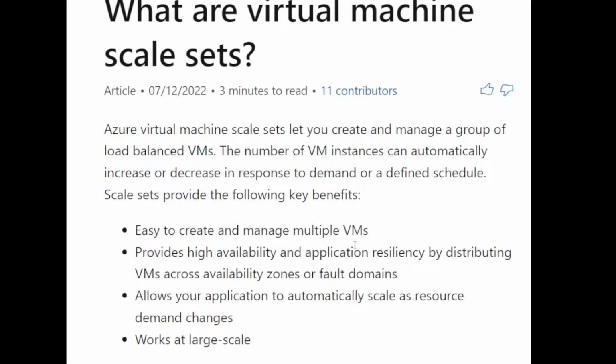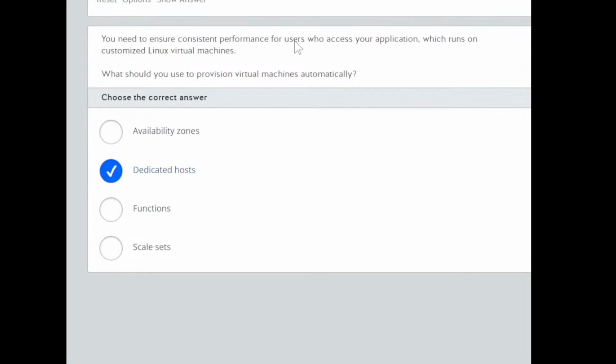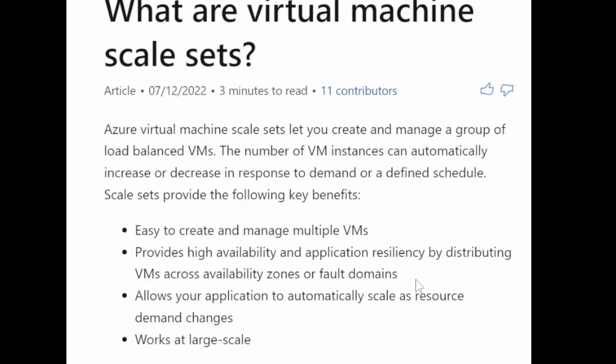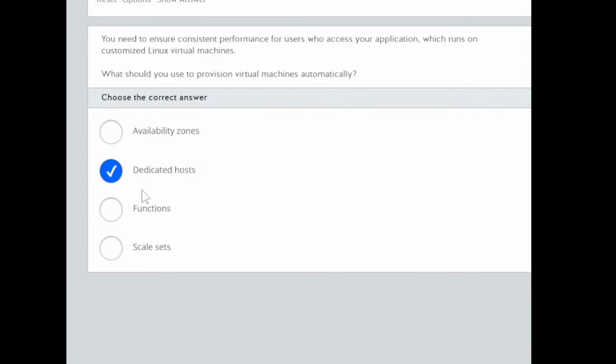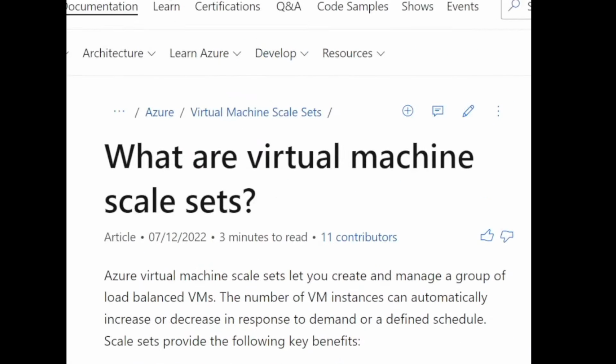Performance for users who access your application. Scale sets yata, pre, scalability. Customized Linux virtual machines. Linux, ano yun?